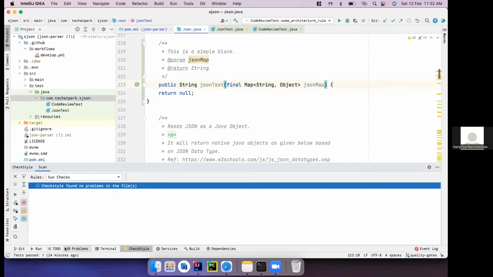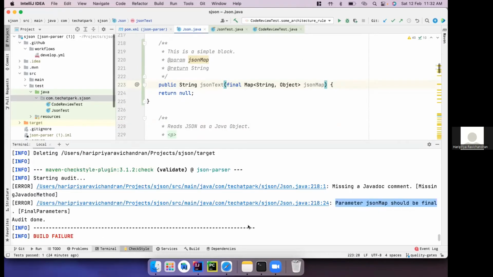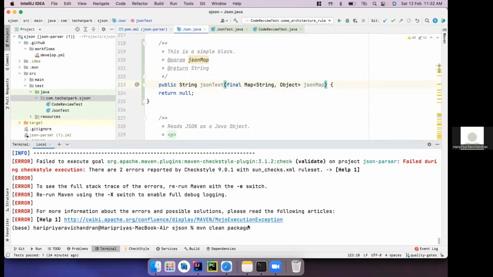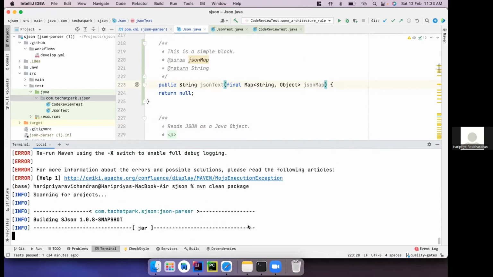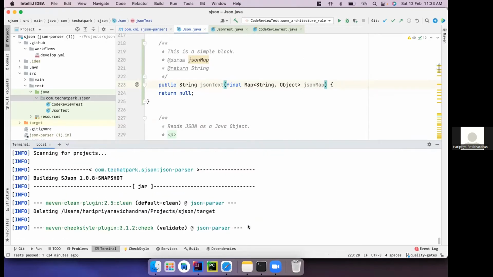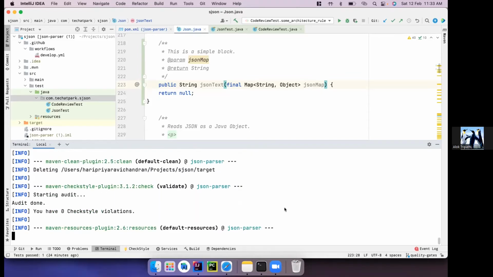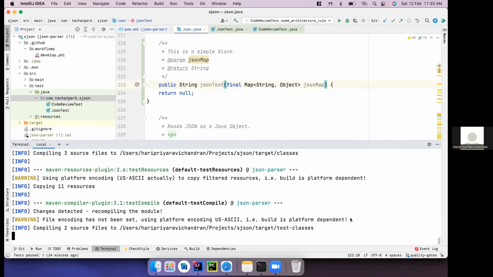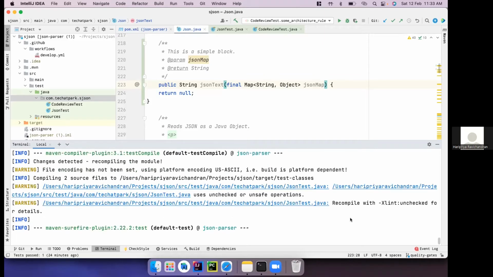So now let me go and try to build it again. Do these rules have to be defined somewhere, or will it take them automatically? Now I have just used the sun checks from Checkstyle by default.